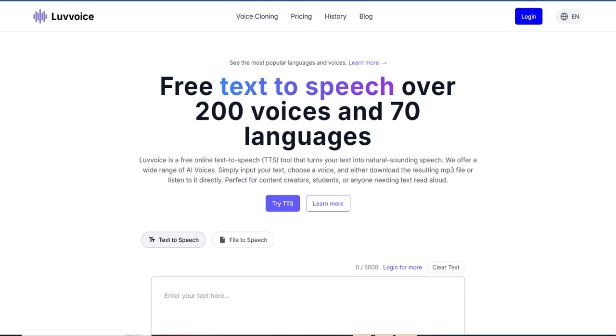I have a very interesting tool. It is a tool that will help you transform your text into speech. It is called Luvvoice. It's a free online text-to-speech tool that turns any text into natural sounding speech.